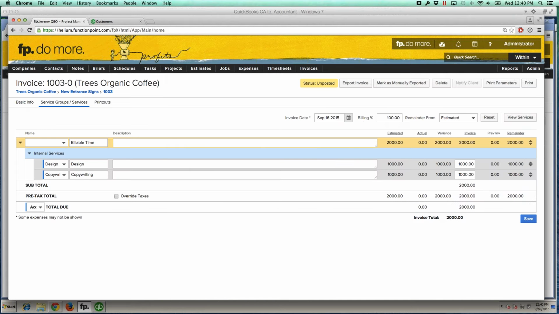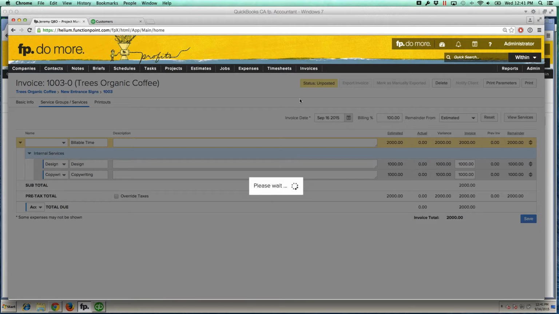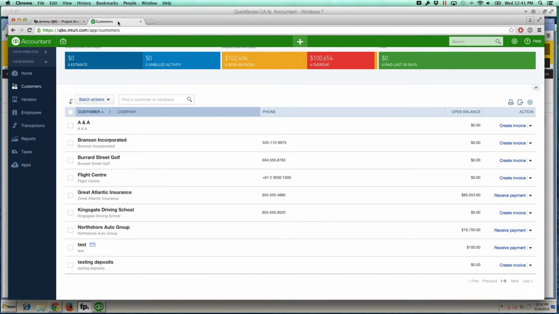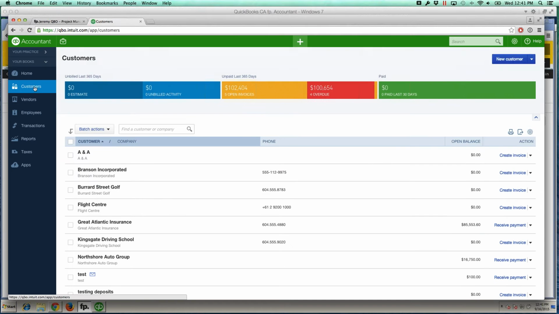Now, here's the main difference between the two systems. The other one said post, and then we sync with the middleware. With QuickBooks Online, we just select export invoice. I just set this up before the webinar, so I'm hoping I did it correctly. Looks like I did. So we're just clicking export, and then in QuickBooks,